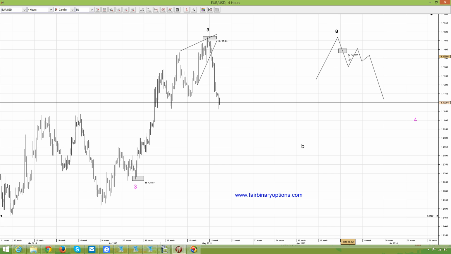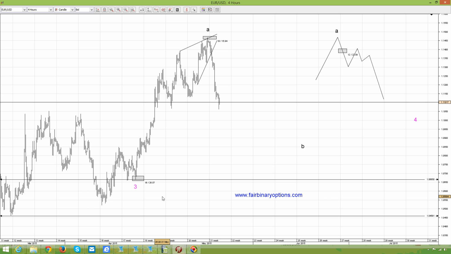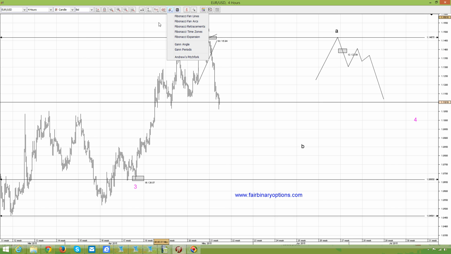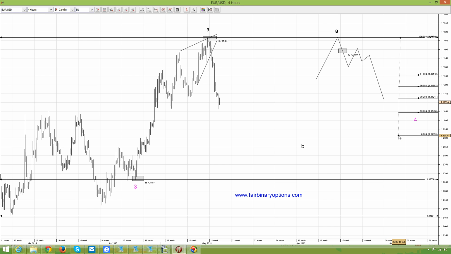The thing to do is to mark the lows in the third wave, because this contracting triangle should end before breaking these lows. Now these lows are 1.0665. Therefore we are favoring a move from the highs in here. If we take a Fibonacci and we measure the whole move from here to here the other way around,